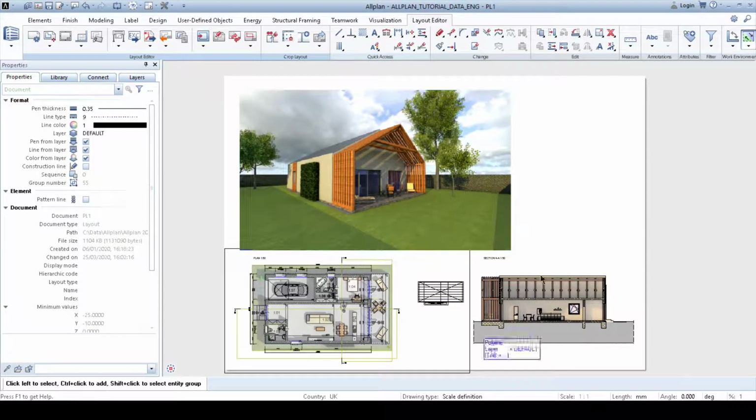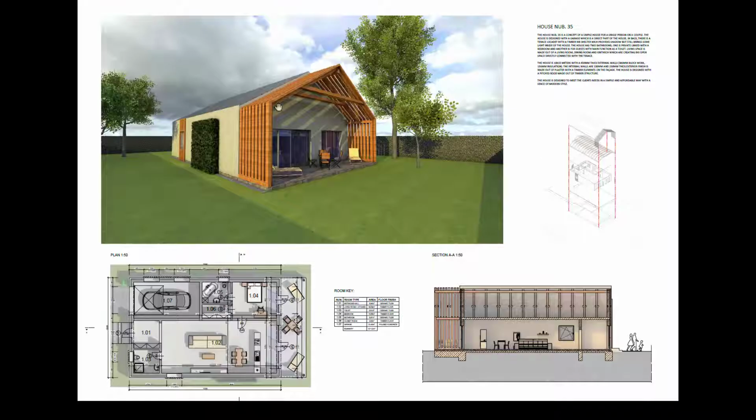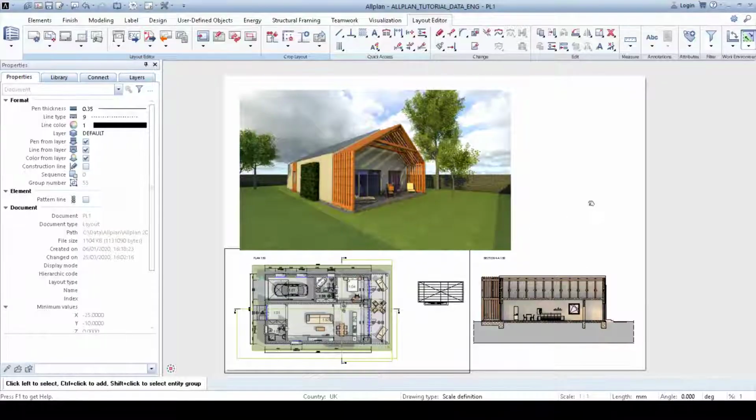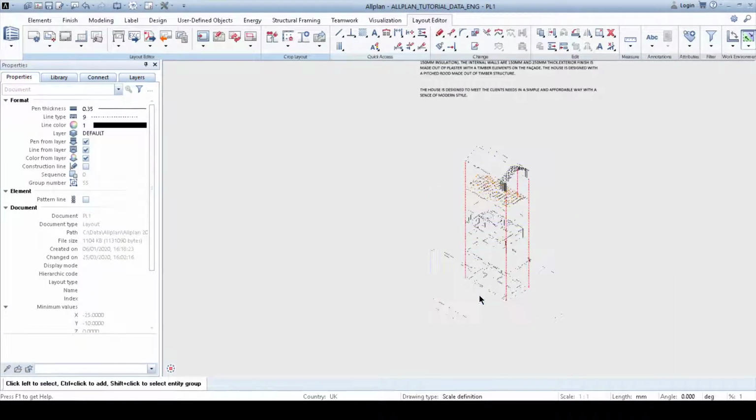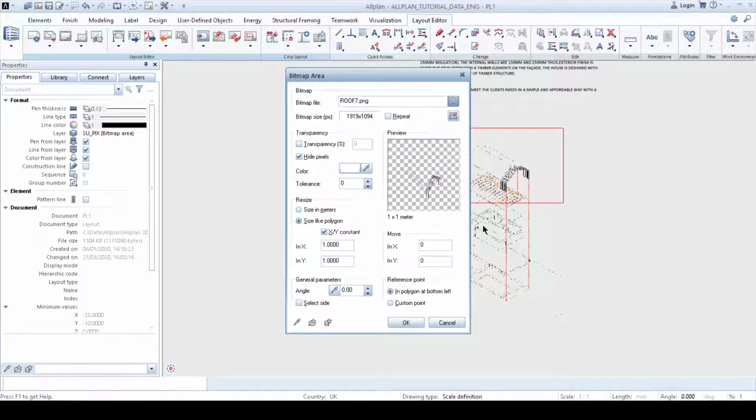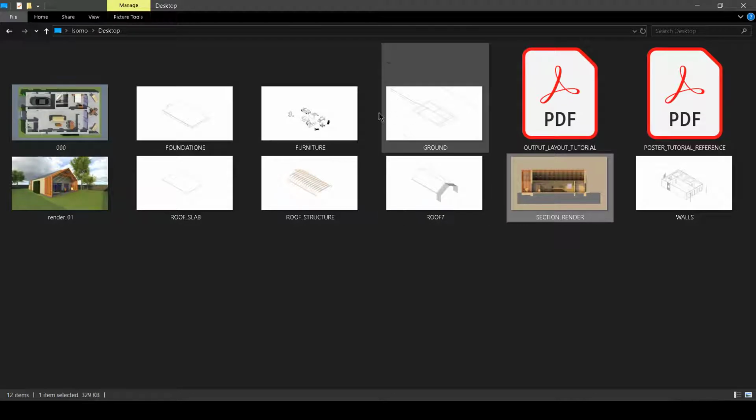When we compare this poster, yeah, it looks that it's going to the right direction. Now what we need is text and this diagram. I prepared both of these on the side of a layout, so I don't need to write a text or anything. But what I will show you here, in this diagram, all of these axonometric drawings are screen grabs from animation window,